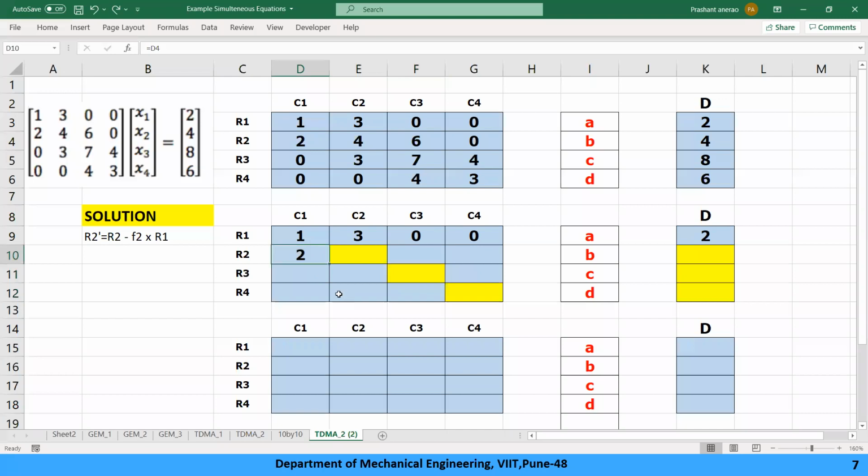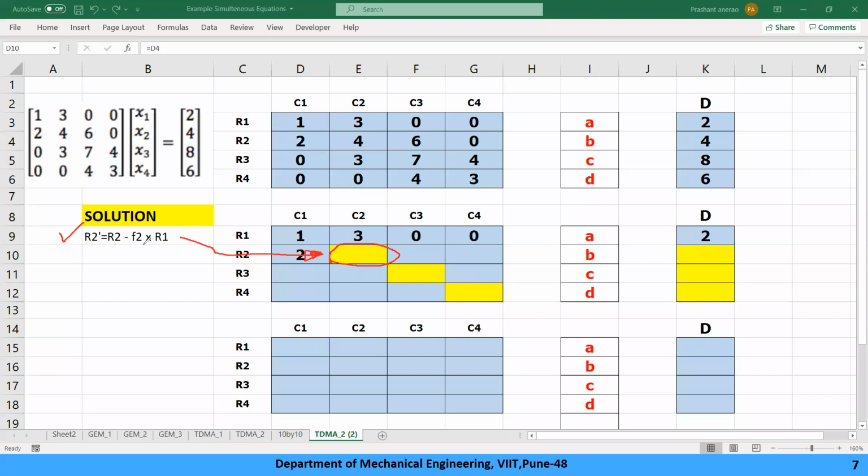So I just copied it. Row number 2, मैंने copy कर लिया. ठीक है, now I have to come up with this term, that is the diagonal term. Now we will come up with that value. Now you all can remember the formula from the Gauss elimination approach for a row operation. ठीक है, R2 dash equal to R2 minus F2 into R1. ठीक है, चलो we are going to implement this formula for this value.